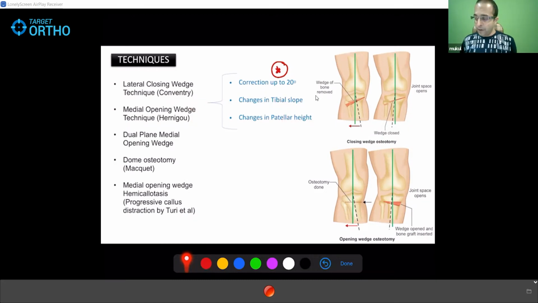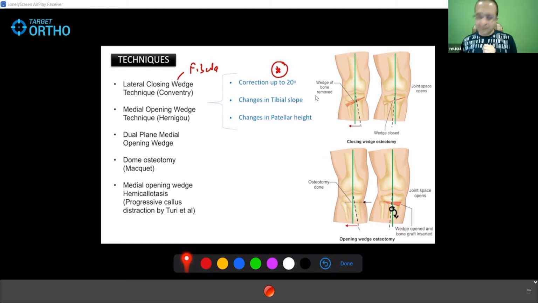Just understand, if you open this wedge up, the tibial tubercle will move down. It will pull the patella down. So when you open the wedge, patella comes down, you create patella baja. But when you close the wedge, tubercle moves proximally. So that leads to patella alta. So changes in patellar height are also part and parcel of STO. So these techniques had these limitations. In the lateral wedge, that fibula was a problem, you have to cut it. And then, both these you have limited correction available. Then you will always have some changes in tibial slope and patellar height. I'll discuss them in detail also in a while.